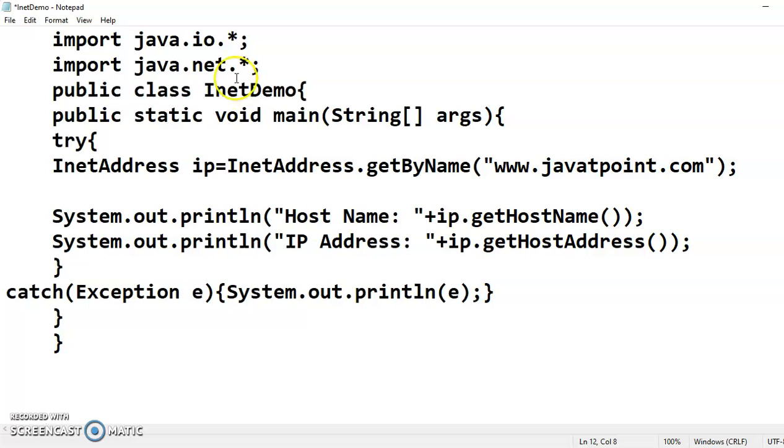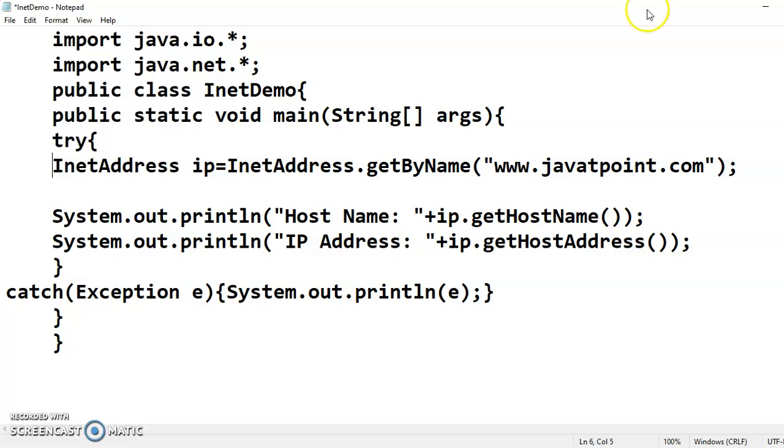Within the try block, first, which method should we use? We have three methods: getLocalHost, getByName, and getAllByName. What is our purpose? Our purpose is to find the local machine host name and IP address, so for the local machine we'd go with the first method, getLocalHost. But in this program, I am trying to find the IP address of a particular host.